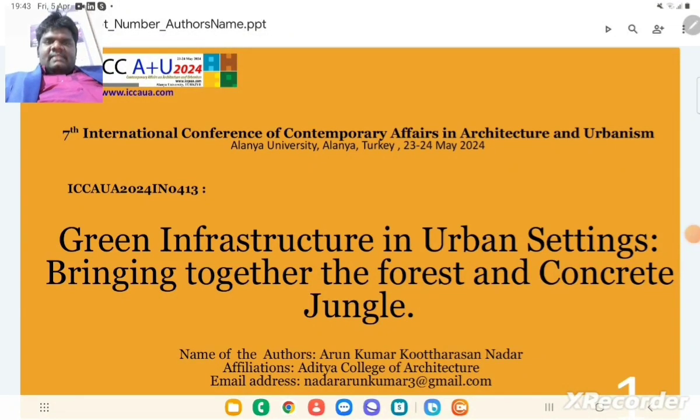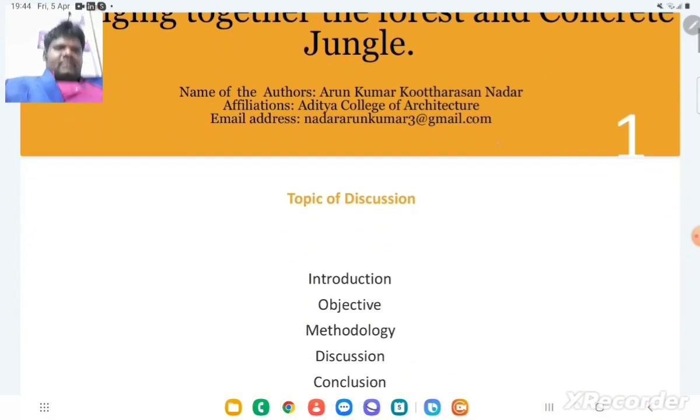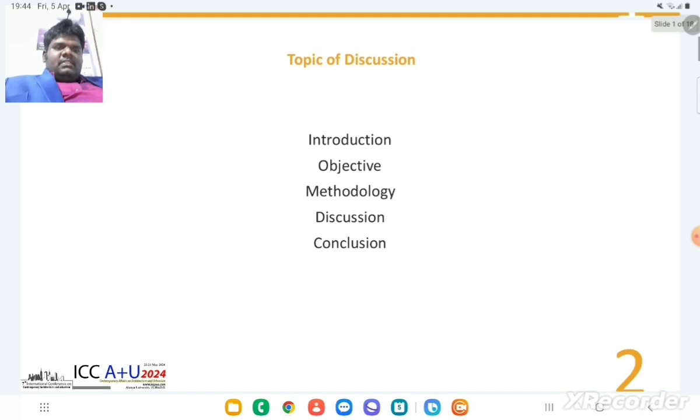This is the ICC A plus U 2024 conference research paper that I am going to present. This research paper is based on green infrastructure in urban settings, bringing together the forests and concrete jungle. Then in the next slide we will be going through the introduction, the objective, the methodology, the discussion, and then we